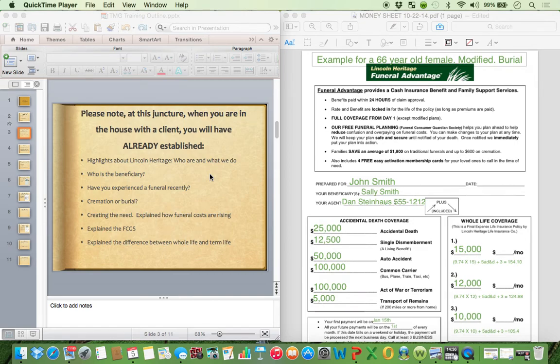Hello, and welcome to the next phase of paperwork in closing the sale. The tutorial that we have here for you today is going to focus on presenting the numbers to the client. So just as a review,